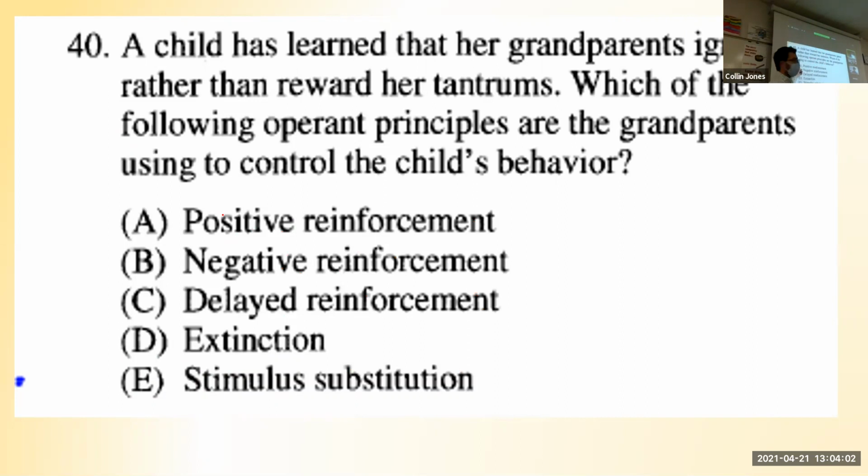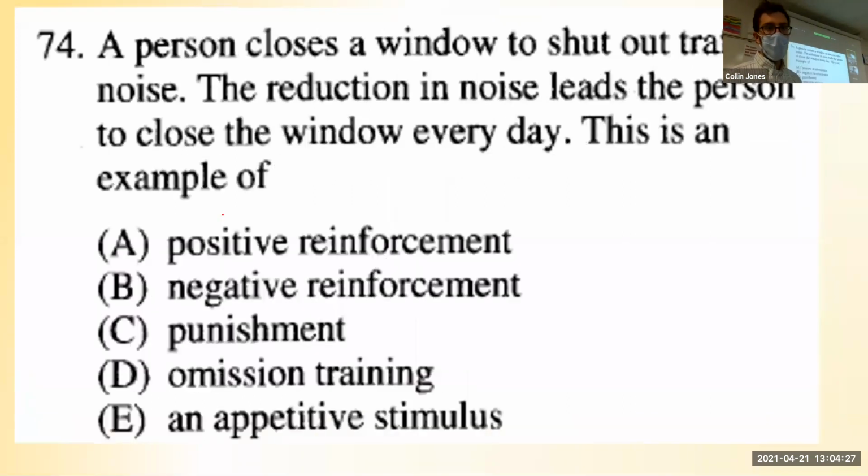Are they rewarding the kid? Is it A, B, or C? They're not rewarding the kid. So what's going to happen over time? The answer here is D. They're trying to use extinction. They're trying to get that behavior to go away. If we don't reward it, she'll stop doing it. Y'all need to work on that with your dogs and little siblings and boyfriends and girlfriends, right? If you ignore them when they're doing the annoying thing, they'll eventually stop doing the annoying thing. Might take time, might be tough.